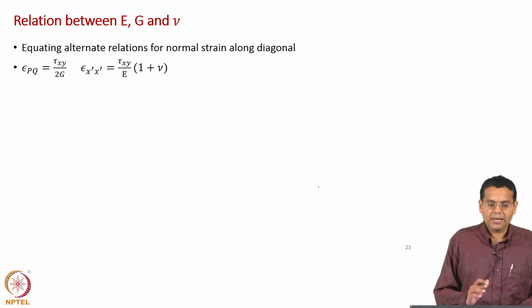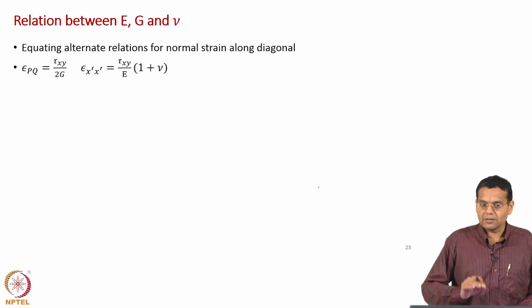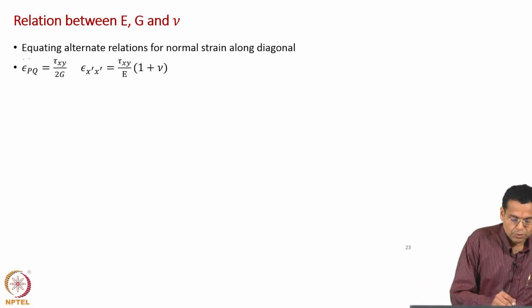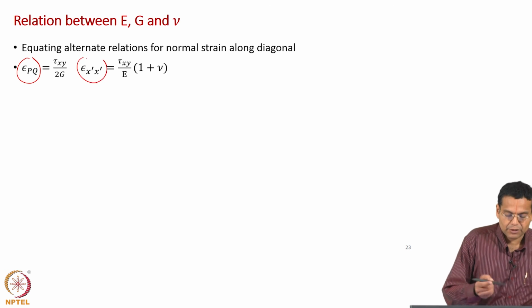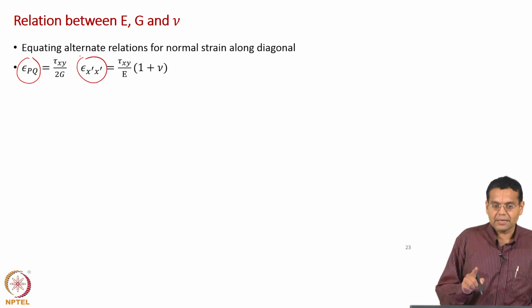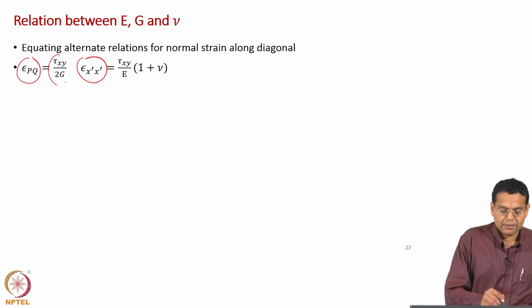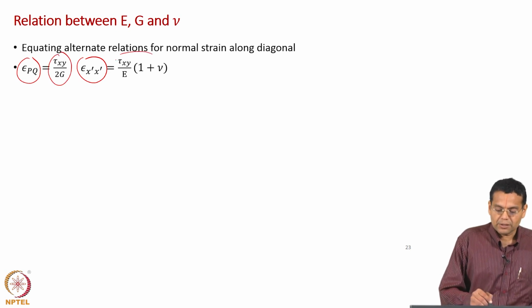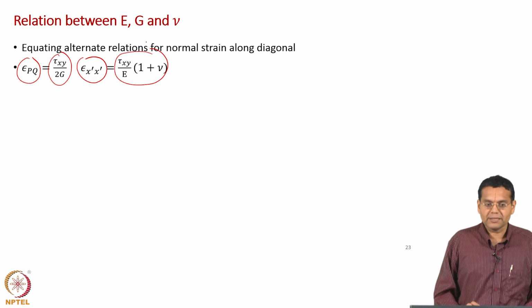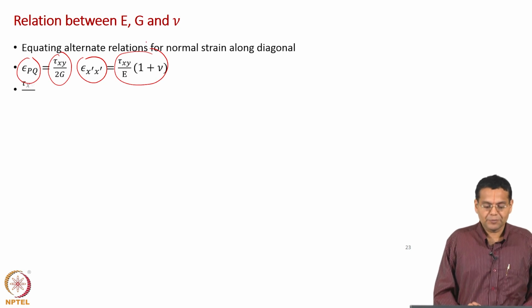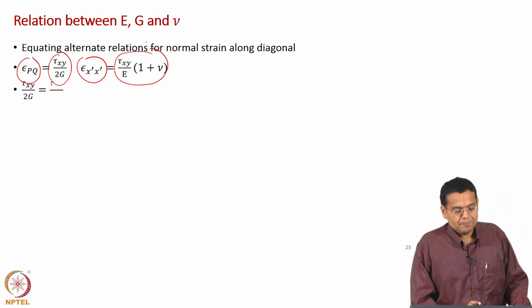Second time the nomenclature was epsilon x dash, physical significance is normal strain along the diagonal. Though the two relations have different nomenclatures, the significance is the same. First time tau xy by 2G, second time tau xy into 1 plus nu by E, both should be the same. So, when you equate these two,